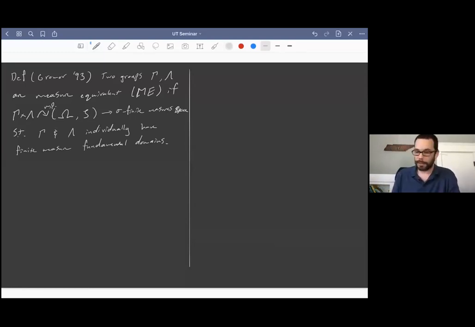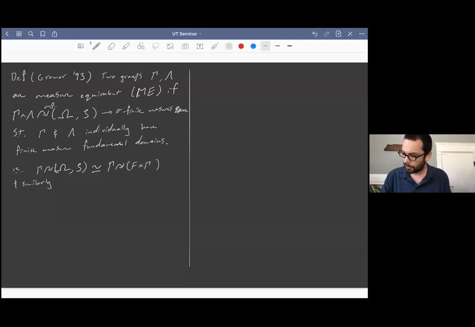So what this means is that if we look at just the action of gamma on this space, the action of gamma on this space is very simple. By choosing a fundamental domain, it's just like the action on some set F direct product gamma, where gamma leaves F alone, leaves it invariant, and then acts on itself by just left translation. You don't get much simpler than this type of action for a measure preserving action. And similarly, for lambda acting on this measure space, it's also a very simple action from this perspective.